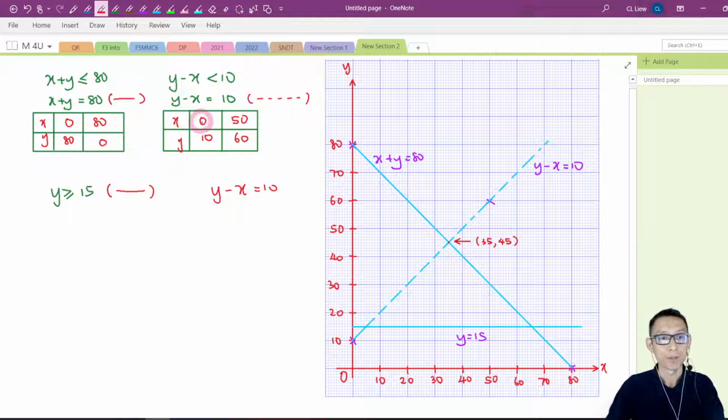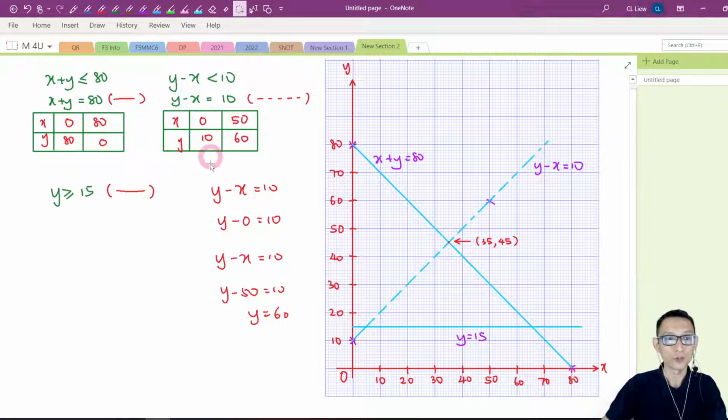Okay, now, so I set X equal to 0. Y minus 0 is equal to 10. So I know that Y is equal to 10. And then I set the X equal to 50. If you don't want to set it to 50, you can use other values as long as you can plot it here. So y minus x is equal to 10. When x is equal to 50,